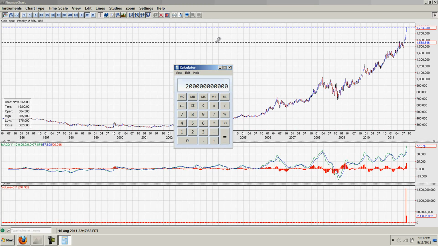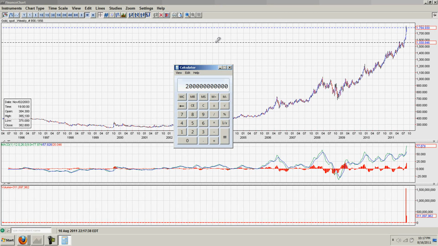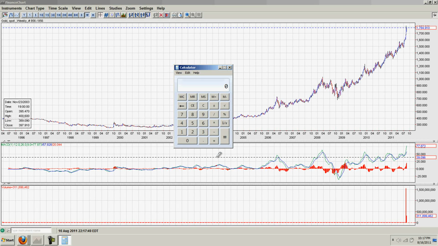That is 1/7 of the current deficit. That's 1/7 of the amount of money that we're piling on our debt every year. So you can see that at current prices, the idea of confiscating silver is absolutely ridiculous.